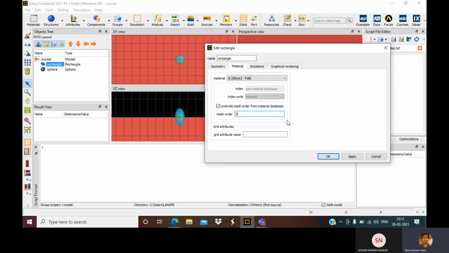It will take the element in which the mesh order is low. Lower mesh order is granted. So I have set the mesh order of the sphere to be 1 and the rectangle to be 3. So the sphere will be granted, and that particular region will be treated as a sphere wherever there is overlap. Okay, so that is about it.